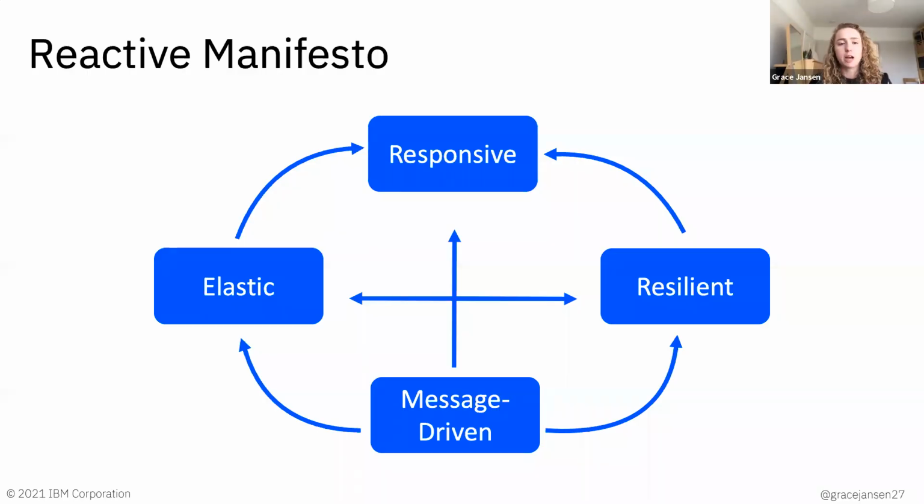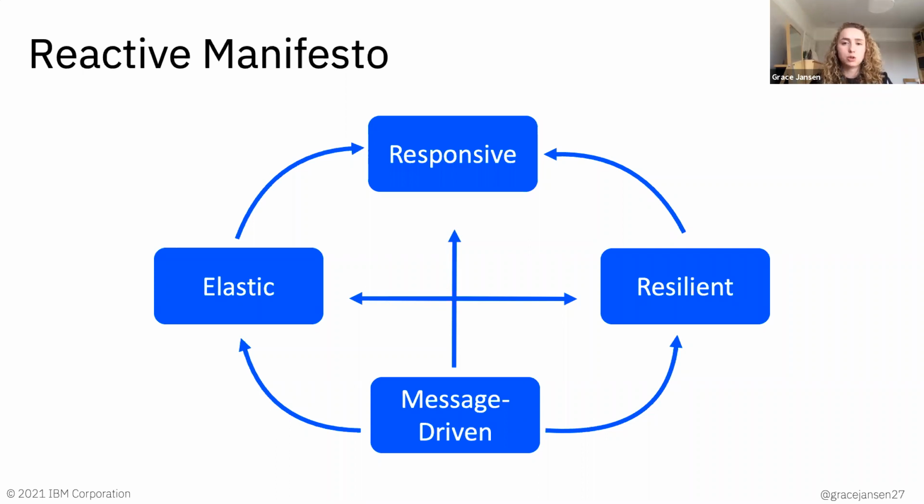Reactive originally came from the Reactive Manifesto. This Reactive Manifesto was written back in 2013 by a group of engineers who were trying to think, okay, what behaviors or characteristics do applications need to exhibit to be classed as reactive and responsive? It defined 4 key characteristics that all link together and enable the other characteristics and behaviors. So the bottom is message driven: having this asynchronous, non-blocking form of communication within an application through non-blocking messages.